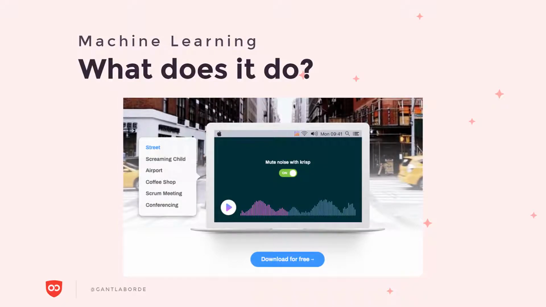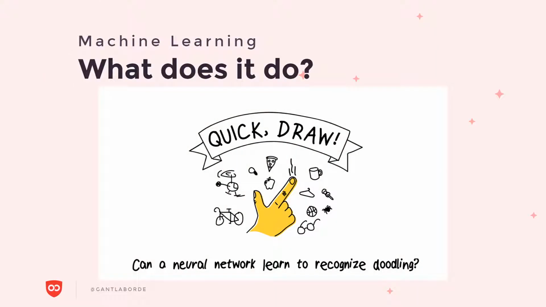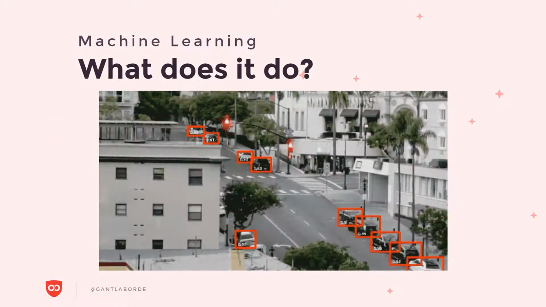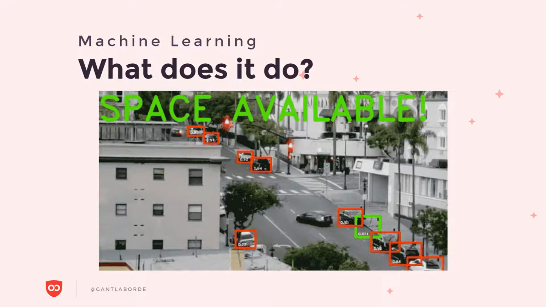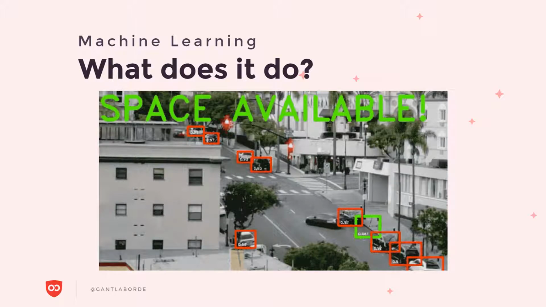Some of you are using it to cut out noise in the background or actually create noise in the background, like music. You can play Pictionary with AI. You can use it to recolor old photos. And last, of course, you can point it out the window so that way it can tell you when that parking space is finally available. These are really neat features that we can do with AI.